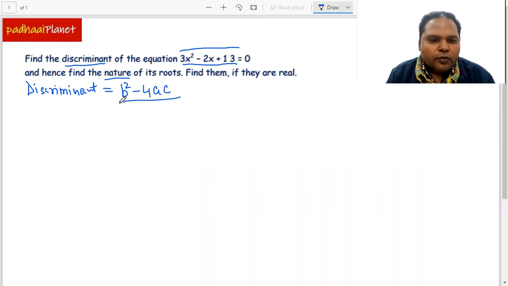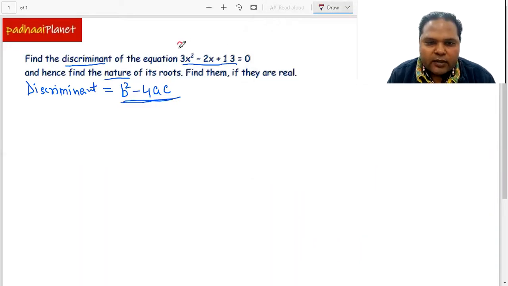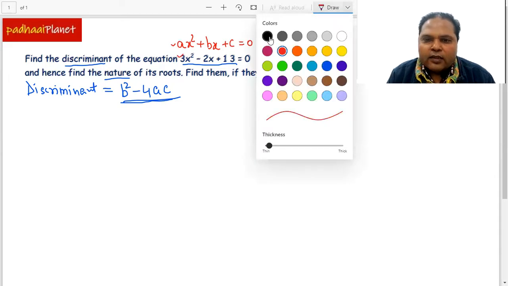Now, how do we get the values of a, b and c from this equation? It is very simple: we need to compare this equation with the standard form of the quadratic equation. And the standard form of any quadratic equation is ax square plus bx plus c equal to 0. And when we compare this equation with this, we clearly see that